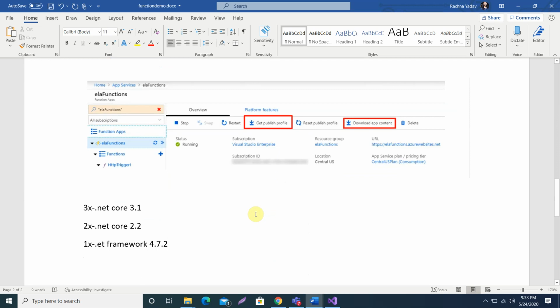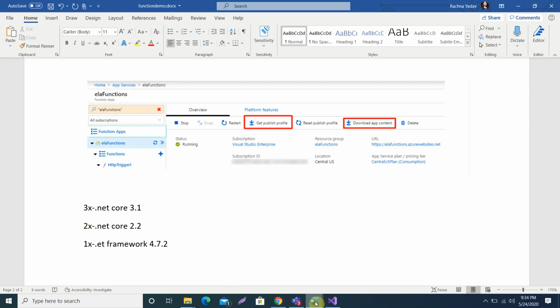So guys, on Azure currently we have 3 versions of Azure function. The first was Azure function v1, then v2 came to the market, and currently we have v3 also. But now we are mostly working on v2, and v2 is the more established version, but we have v3 also if you want to use it. For using v1, you have to use the .NET Framework 4.7.2 version, and if you are creating a v2 function, then you have to use .NET Core 2.2. If you want to create version 3, then you have to use .NET Core 3.1.